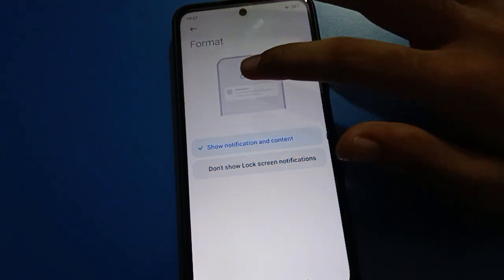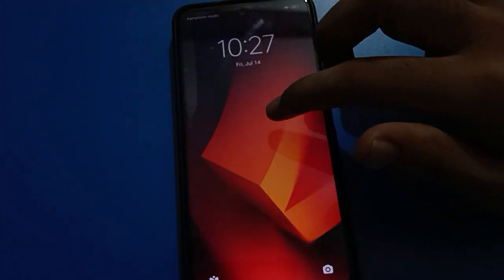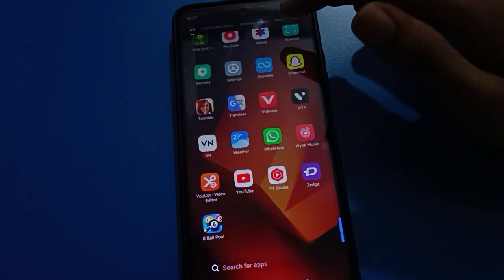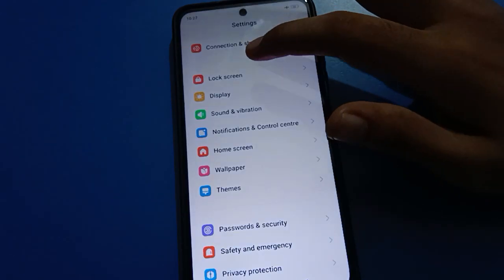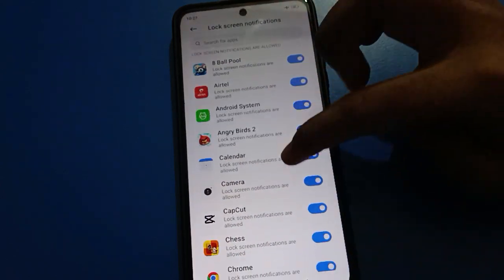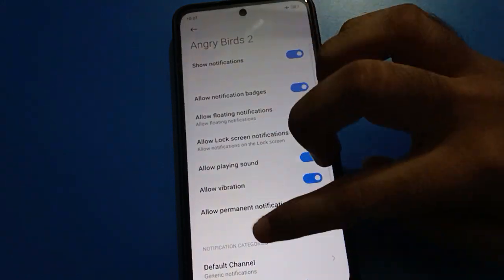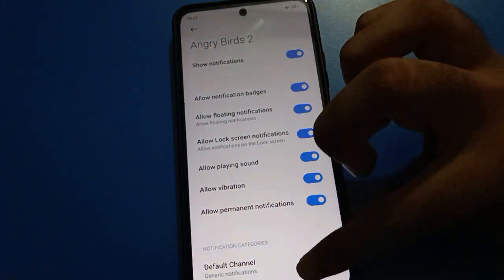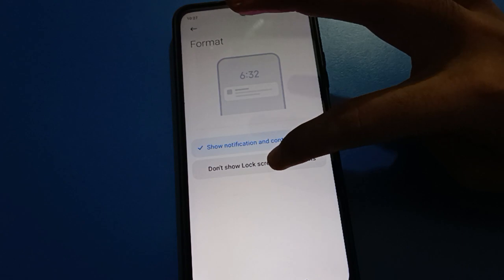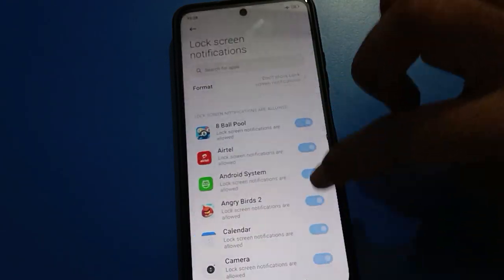So friends, you want to show any app notification on your lock screen, so you can turn on and you can use your lock screen notification. Okay, and you don't want to use, so friends again open your phone notification setting, lock screen notification. Friends, you can see all app lock screen notification is on. Friends, you can see Angry Bird game. So friends, you can see your lock screen notification is on. If you tap here don't show lock screen notification, friends, you can see all app notification will be off and you cannot use